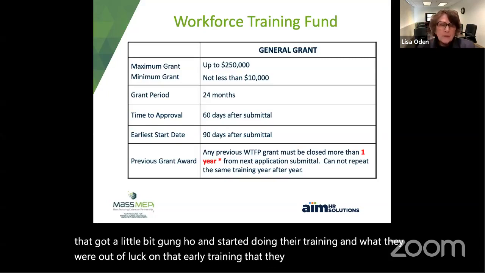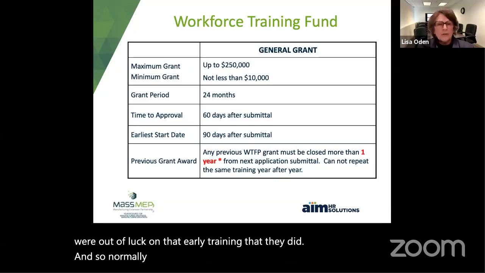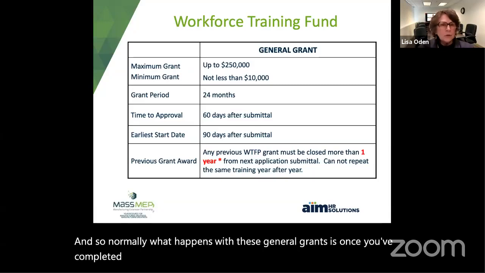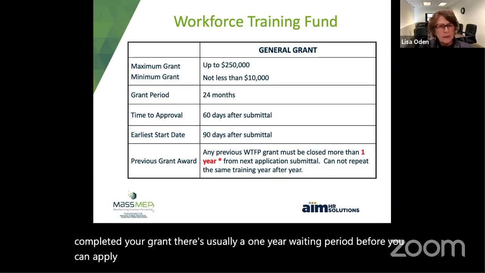And so normally what happens with these general grants is once you've completed your grant, there's usually a 1-year waiting period before you can apply for another general grant up to $250,000.